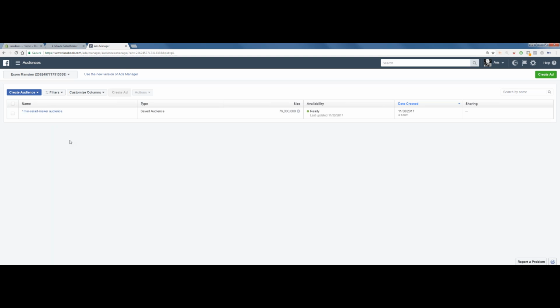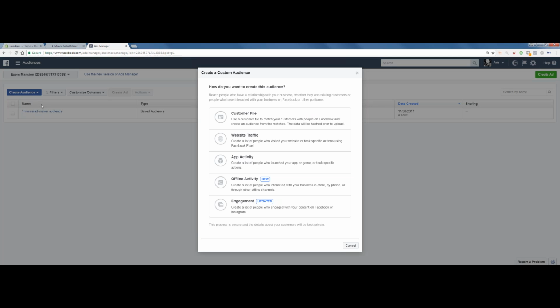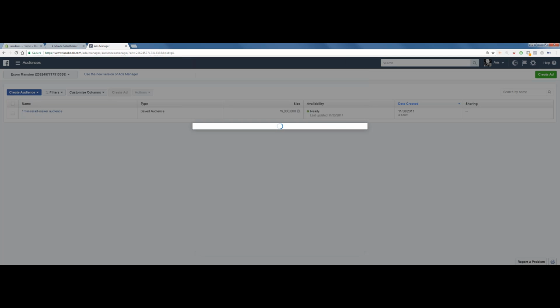Audiences. We're going to spend quite some time today here because this is where all the magic happens, and this is where we can get super, super aggressive with our targeting and with scaling. This is where all the magic happens, and our budgets are going to rise up to thousands of dollars per day. So the first thing we need to do, rule number 1 of creating an audience, we have to identify the audience that we want to use. So we click on create audience, custom audience, website traffic.